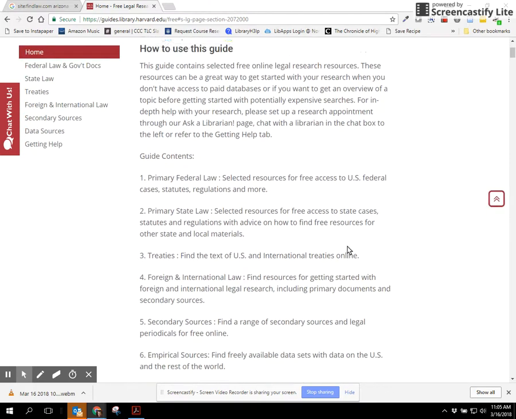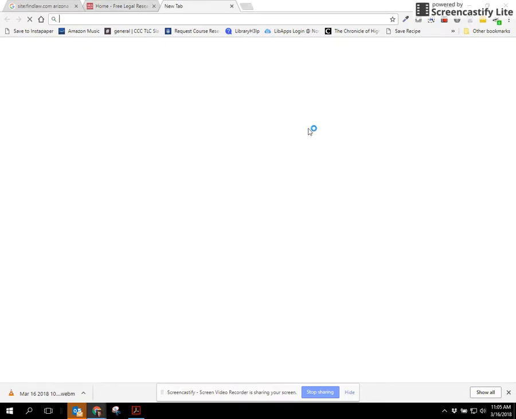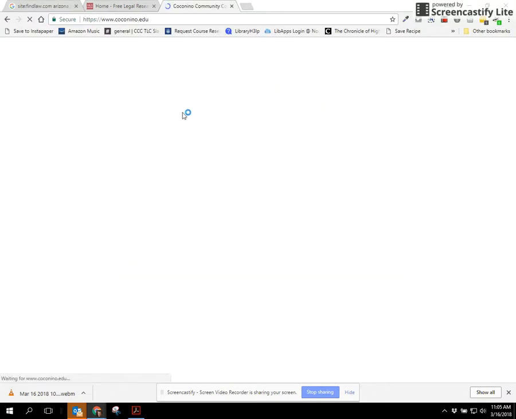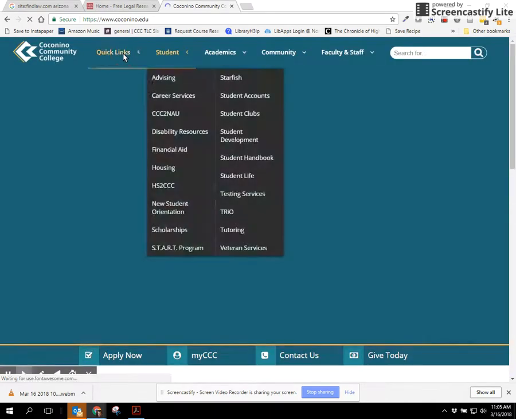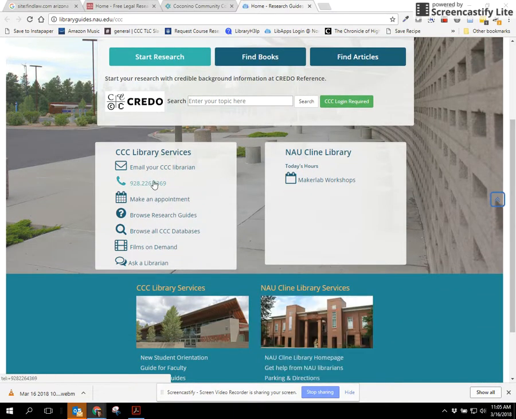And good luck with your research. Remember to reach out to me if you need any help. Let me show you the library site again. Our homepage. You go to quick links and then library. And all my contact info is right here. Drop me a voicemail, send me an email, and I'll get back to you as soon as I can,